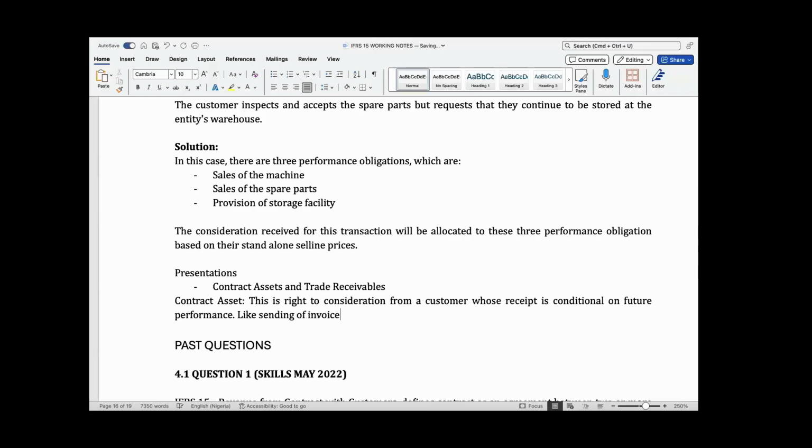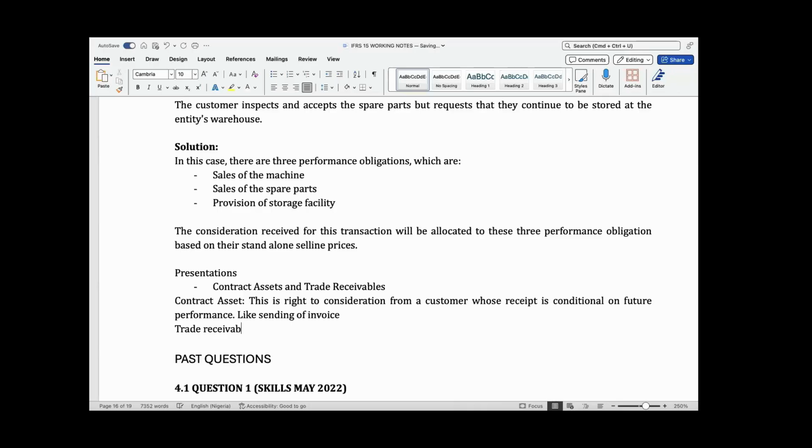If there's still something you need to do, you cannot recognize such money that you're expecting as a trade receivable. If there's still a future performance from you, that's a contract asset that you're going to put in your books. But